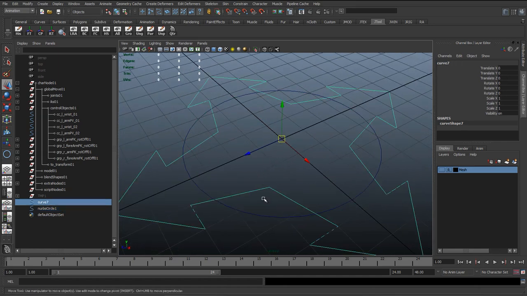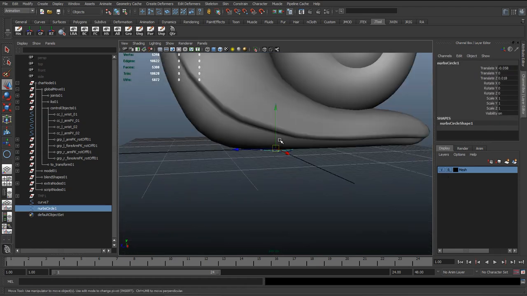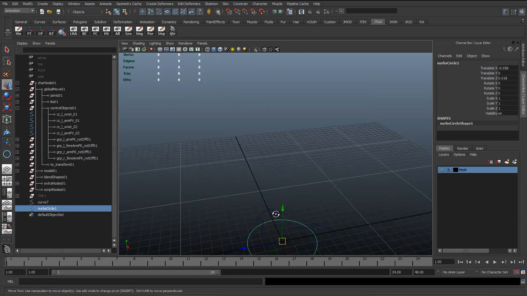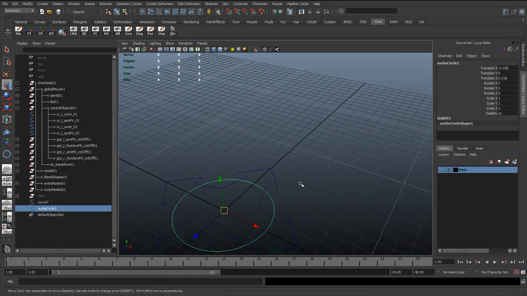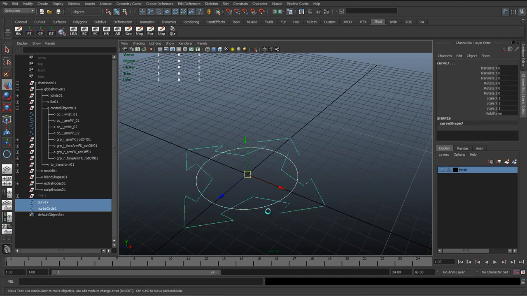I'm just wanting these 2 points to be in the center because at the start we got the bulk of this character in the origin, so we knew from the start we want to rig so eventually the global control is going to be in the origin sort of space. So I'm just going to make these controls in the origin, and all I'm going to do is select this circle, shift select the custom curve I made and hit P,